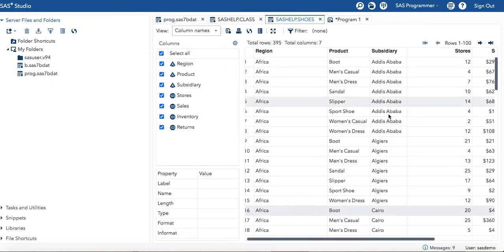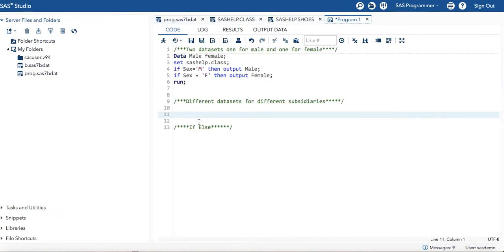Let's go to the program. Say I want three subsidiaries among which I distribute my data: Ottawa, Montreal, and Cairo.